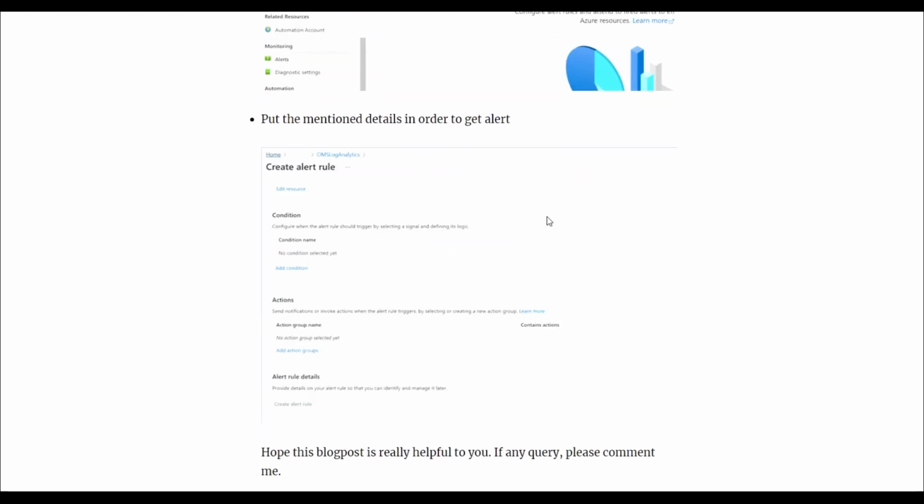After that you put in all the details, and here you need to add the action group and add the condition, like if you want to monitor CPU and memory utilization, or any other issue you want to monitor.